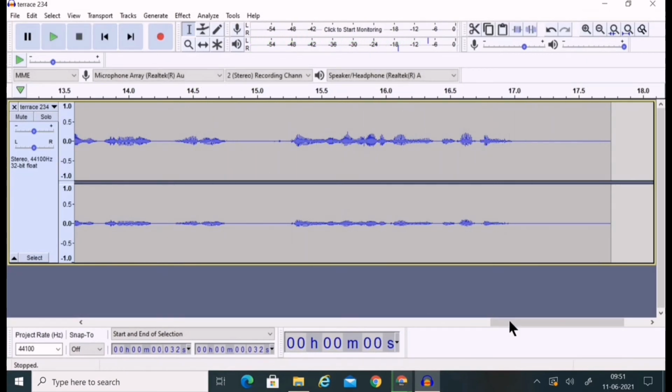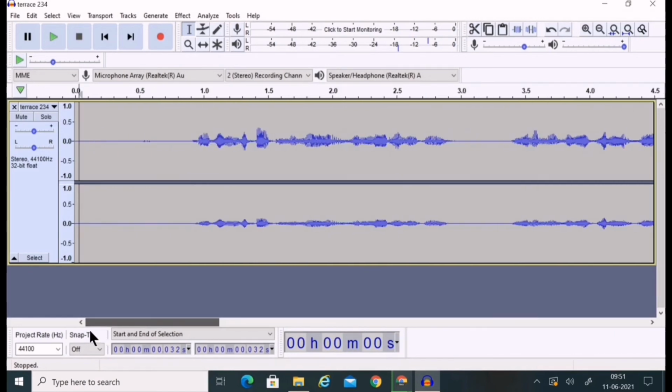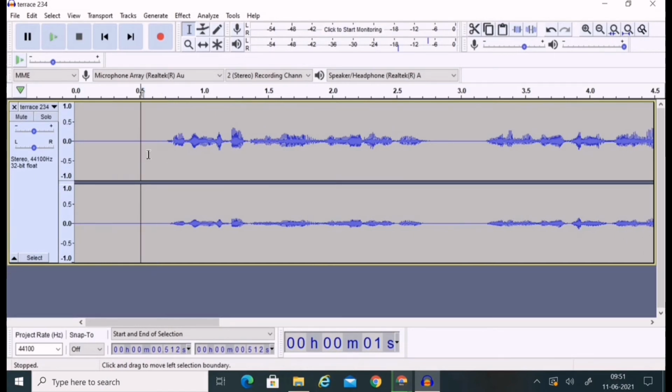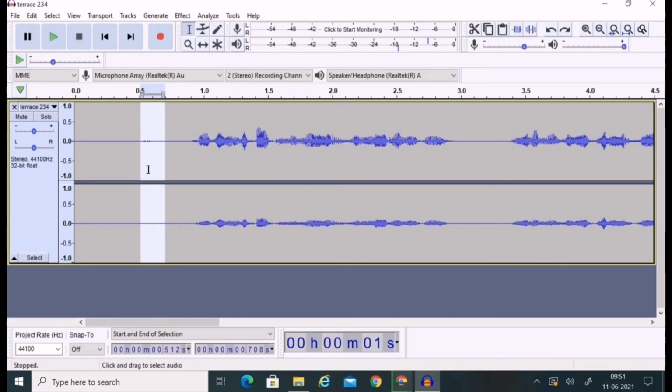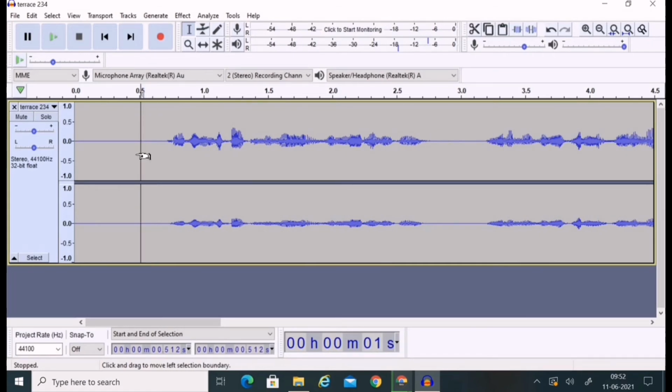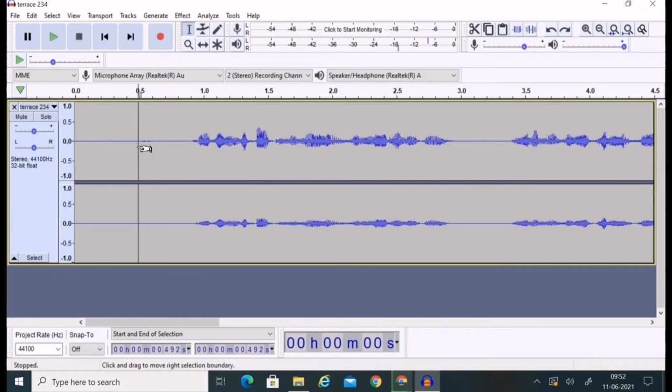There's a lot of difference over the noise portion. Also, if you want to amplify this, so now our noise got reduced. See, if there is a portion over here, if you want to delete that, you can just click on delete that. Or if you don't want to delete that, again press Ctrl Z, leave it as such. If you want to delete that, press the delete button on your keyboard. So this is also a kind of noise reduction.